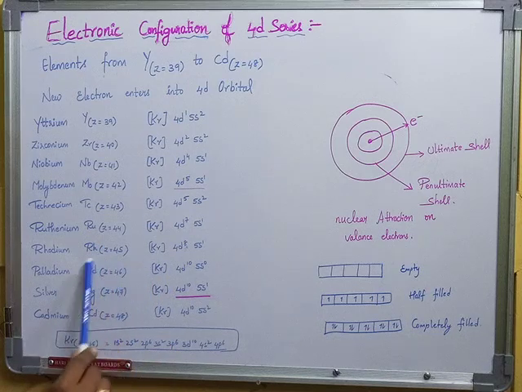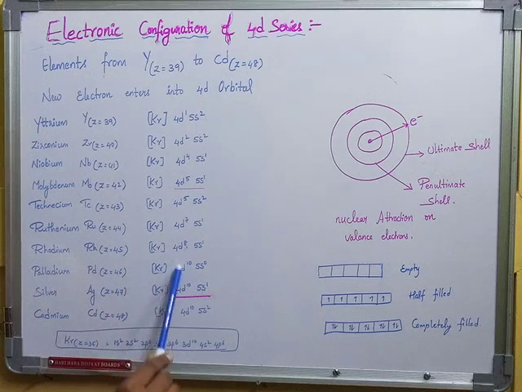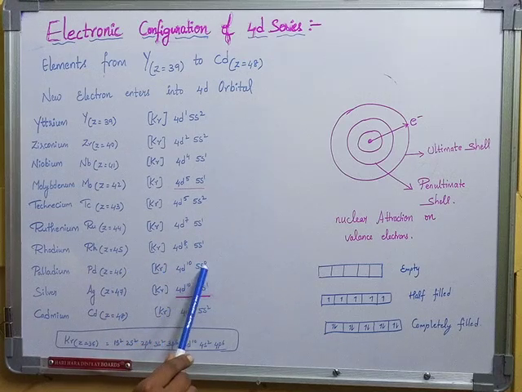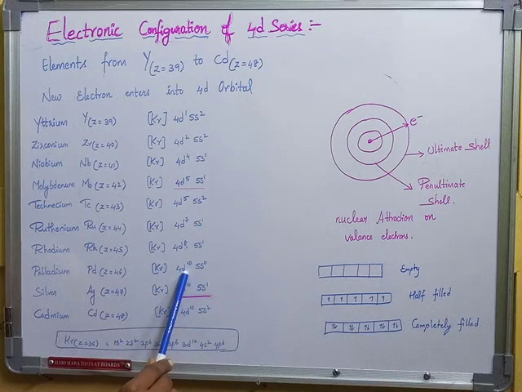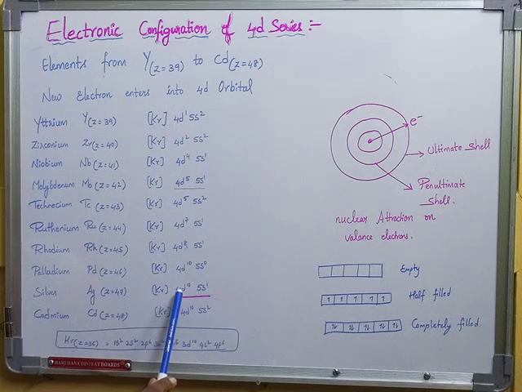Next we have palladium. Palladium has 46 electrons. For these 46 electrons, krypton is 36 along with 4d10, 5s0. So 36 plus 10, we have 46 electrons. Next coming to Ag, that is silver. Silver has 47 electrons. Krypton already has 36, along with 4d10, 5s1, we have 47 electrons. Next cadmium. Cadmium has 48 electrons, and krypton is 36 along with 4d10, 5s2. 36 plus 12, we have 48 electrons. So this is the filling up of electrons.